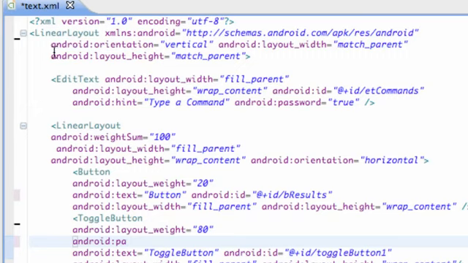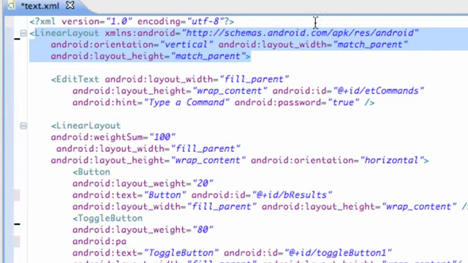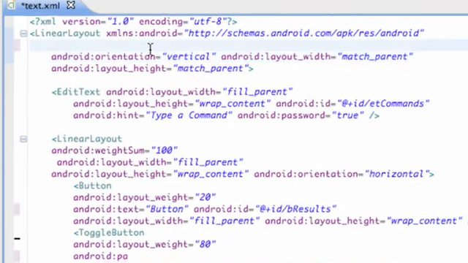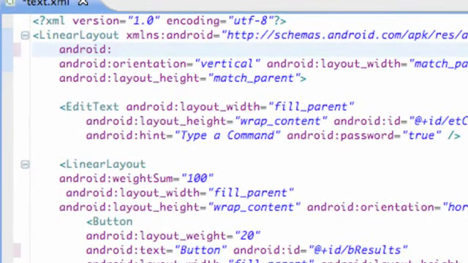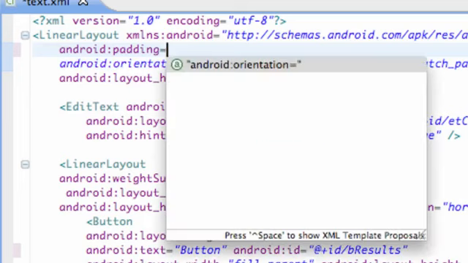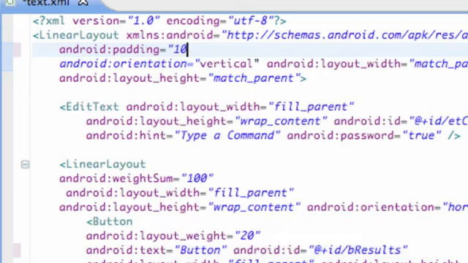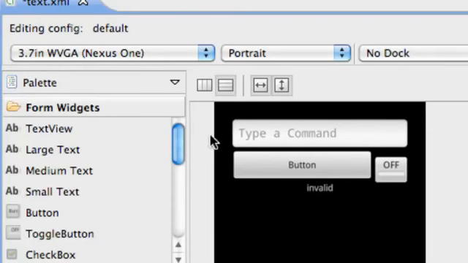Basically what I want you guys to do is go up to your first linear layout. This is the one that will fill the whole screen and defines everything else within it, and just add a line of code within the opening bracket. Pretty simple. We're going to say android:padding, and we're going to put like 10 dp, something like that. Well, let's do like 25 dp, just so we get a desired result. There you go. There's just 25 density pixels of padding throughout this whole linear layout that defines basically the edge of this